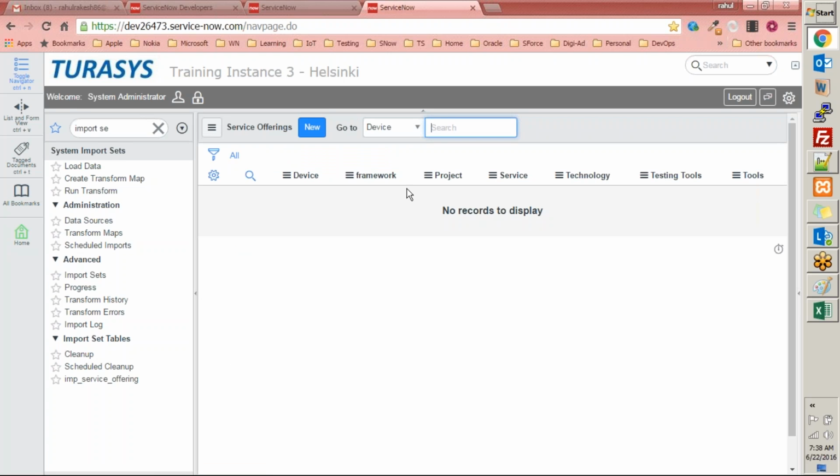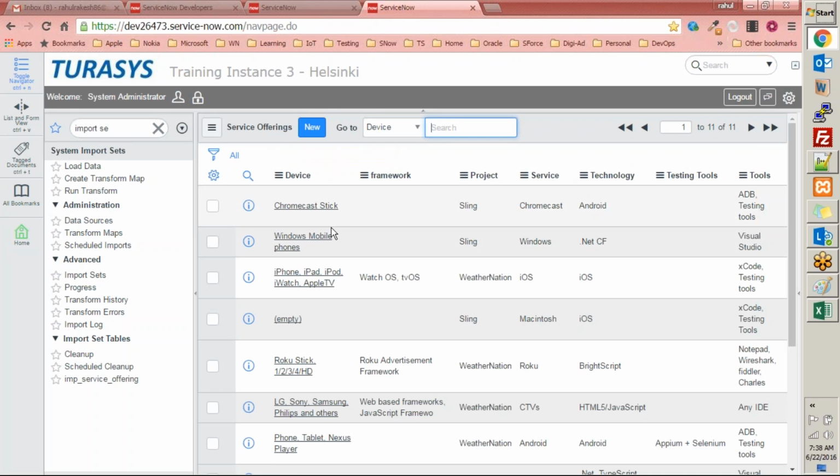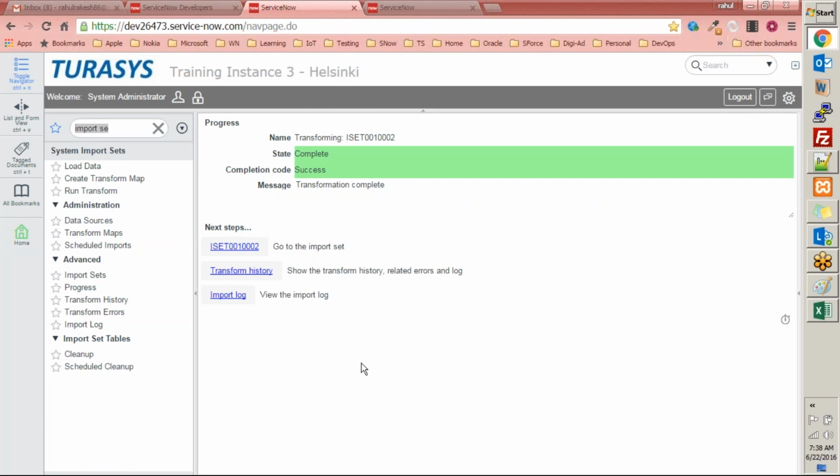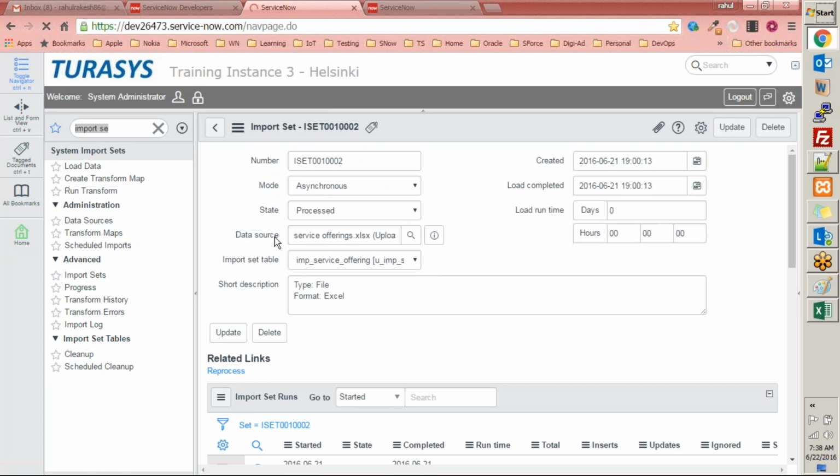So let's go and quickly check the target table now. If I go and refresh the list, see, the data has now come into the target table, right? And then the import set, which was initially in the loaded state, has now changed to the processed state, right? So the data that we had in the import set is now processed,